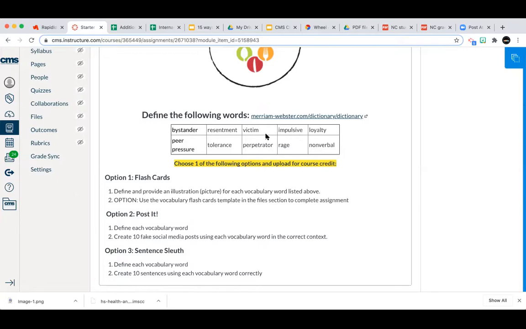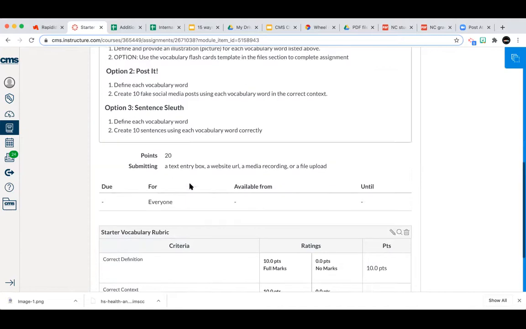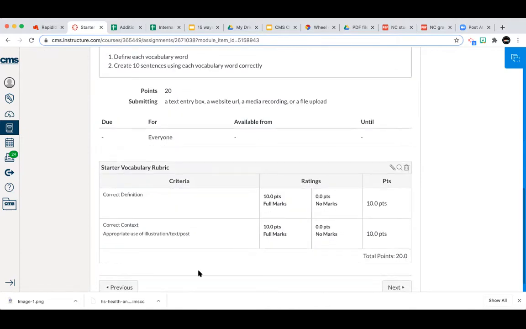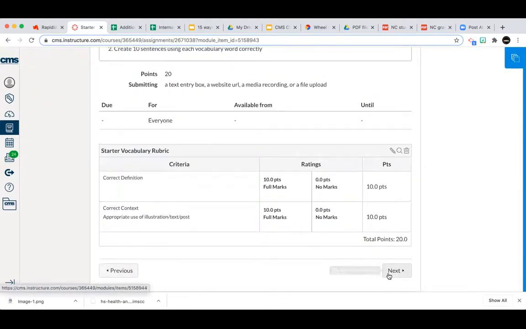So they choose either define the word and make flashcards, or define the word and create 10 fake social media posts using that vocab word in the correct context, or 3, define the word and then create 10 sentences using the vocab word correctly. It's worth 20 points. Oh, look at that. The rubric is all embedded. 20 points. Correct definition, 1. Correct context, another point. Altogether, 10 words times 2, 20 points. Next,